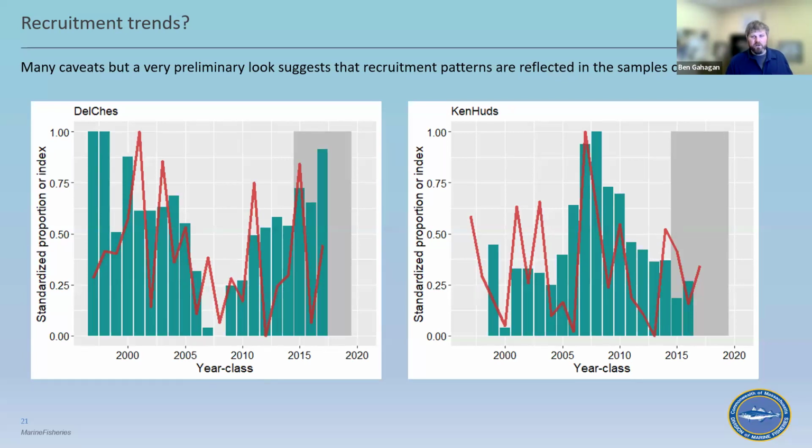So there's also obviously noise in recruitment indices, and we likely have increased aging error from the assignments of ages via an age length key for about half the samples. So despite all that noise, all those caveats, I think that there is a trend here that you can see, where our fisheries sampling reflects the recruitment indices that we have in our major estuaries. So this is really promising for future analyses, and it really points to the utility, again, of developing ongoing data collections along the coast to supplement what we already do for the striped bass stock assessment.